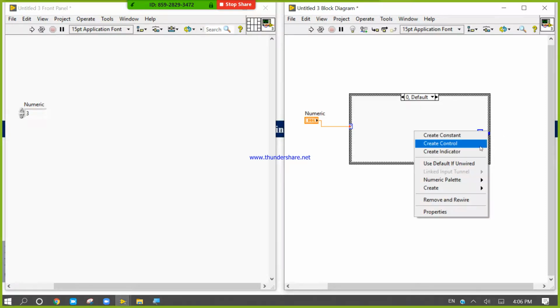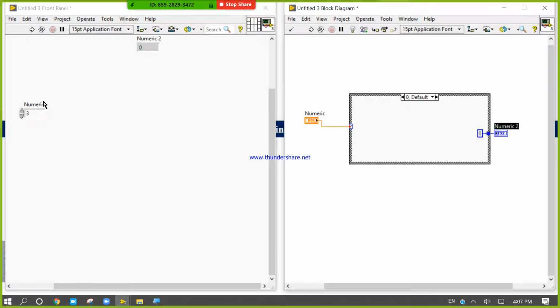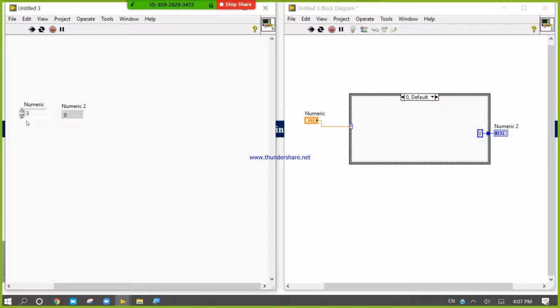Now please design. Look at the experiment here. After that we'll discuss. Run. Because there are not three cases, it is giving me the default output.